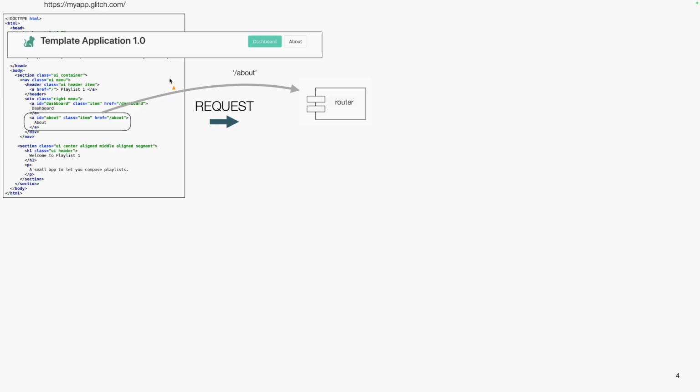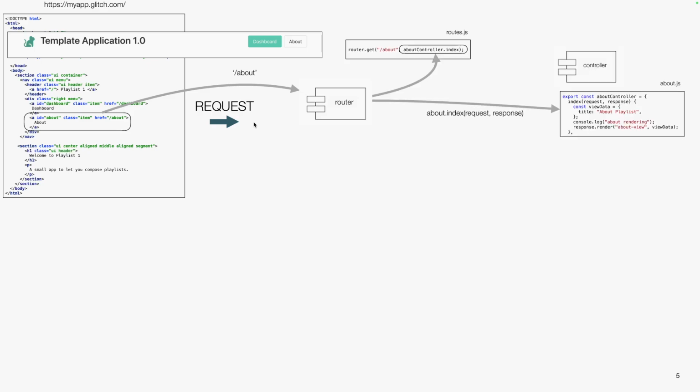So we can see here, initially starting out, the About button has a href to the /about path, and a request is sent to the server, and our Express server, which is sitting inside of Node, which is running a HTTP server, will take that request and bring it to the router, and the router will see, oh, you have a path for About. I know, and I have been configured by the developer to go to the about controller.index. So I will take you to the about controller.index, and we have some kind of simple data setting up, which